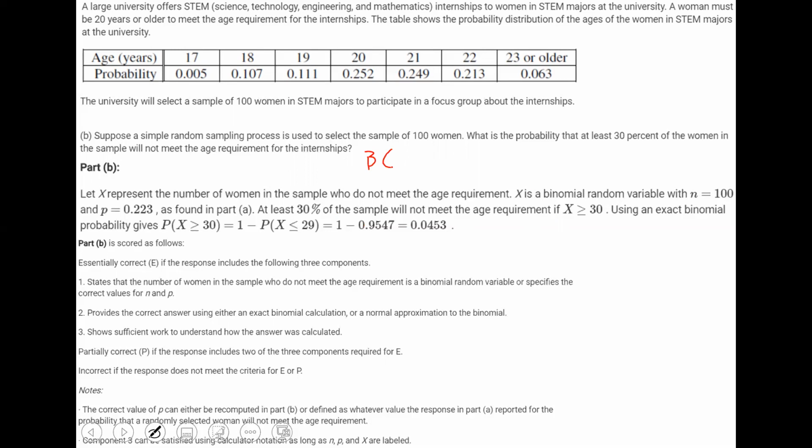You either met the age requirement or you didn't meet the age requirement. So it's a binomial of 100, 0.223. And then we are going to say X represents the number of women who do not meet the requirement. I'm not going to rewrite it because it's written here. So what you do is that